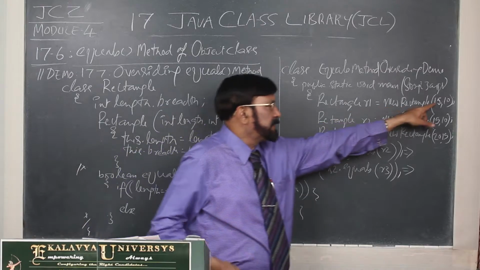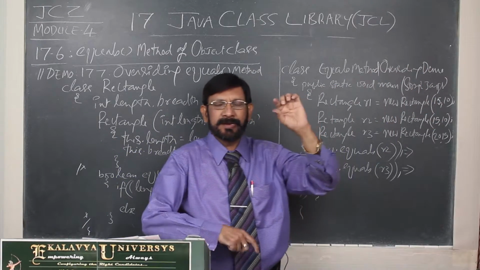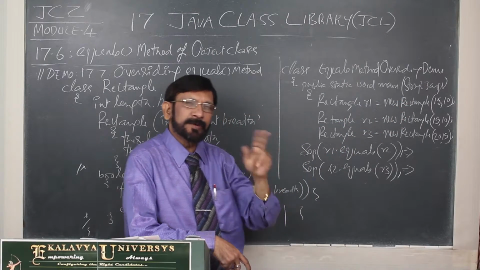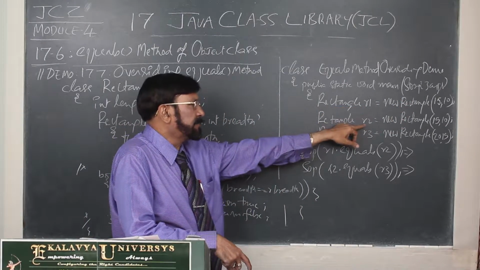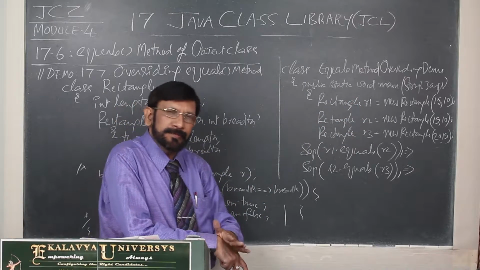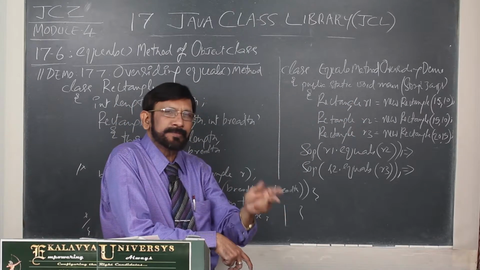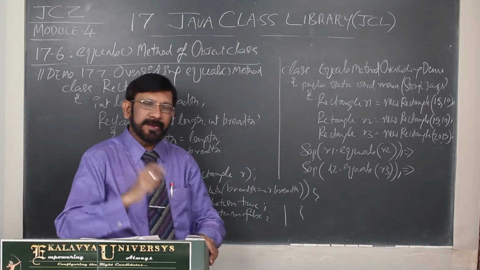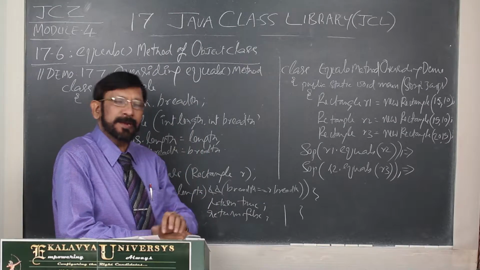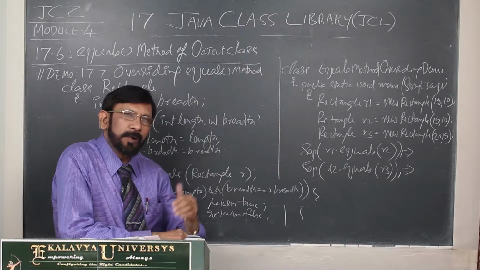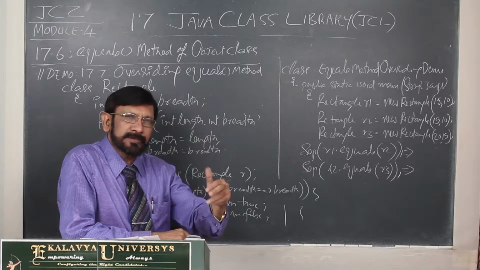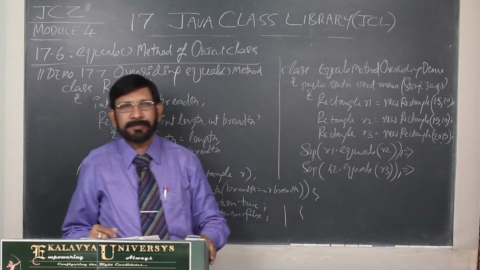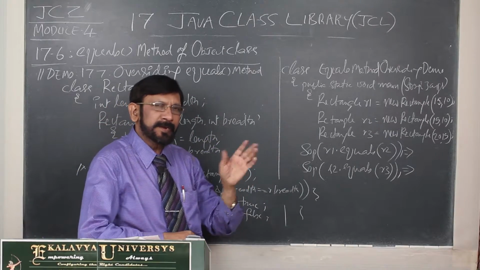That means one object is there, let us say a Rectangle object, with its content. That object is referred to by two references, R1 and R2. Since the references are the same, the equals method gives true, but it does not test the equality of the content. Now, how can we enable the equals method to test the equality of the contents of the objects?